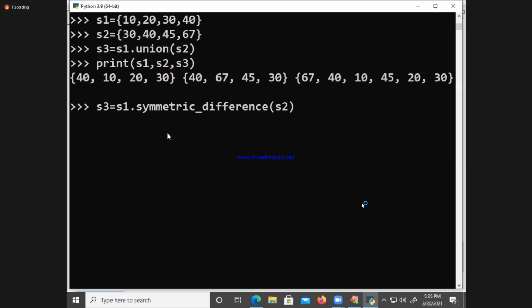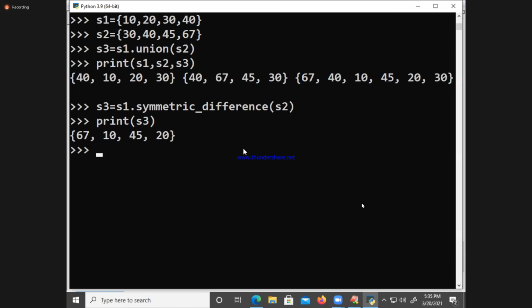That means S1 is being modified. Shall I show you? Print of S3. What is the value printed? Nothing is printed. Nothing printed in Python is None.